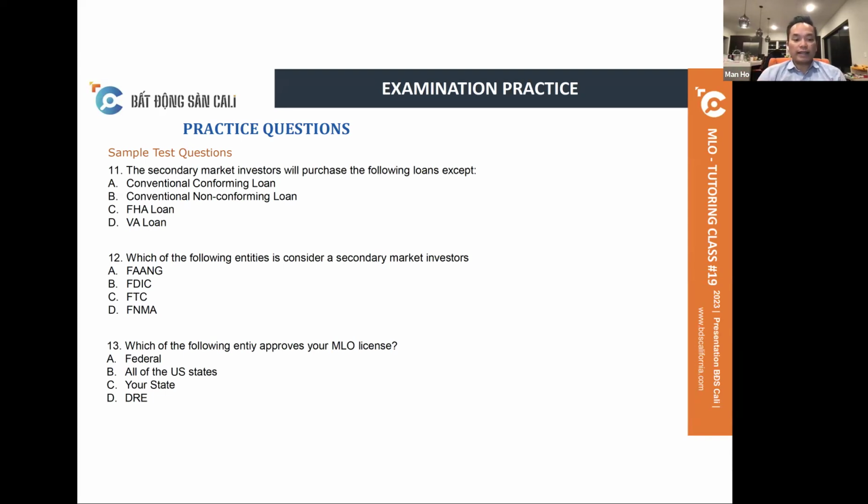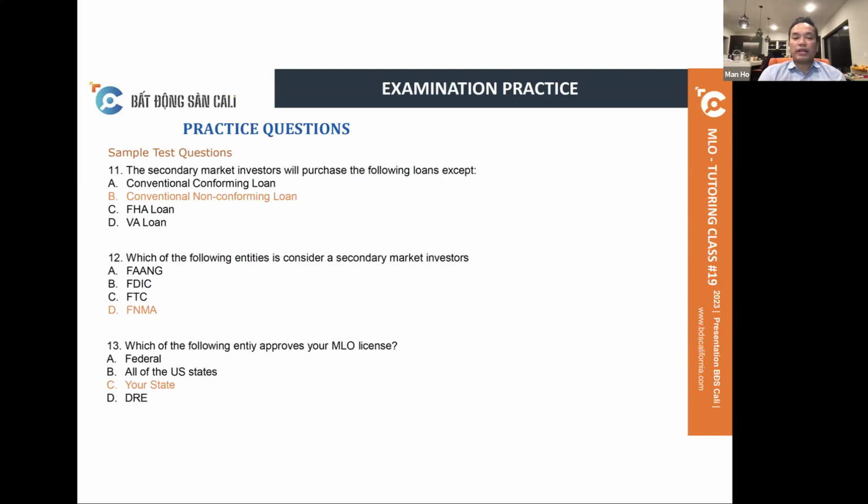So which one is the answer? The Department of Real Estate can approve your license. It's a real estate department, right? It's not the Department of Financial Protection and Innovation, right? So the answer for these are: